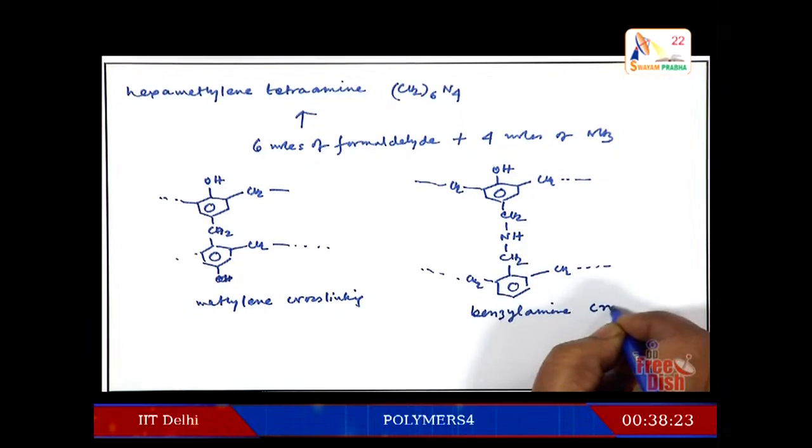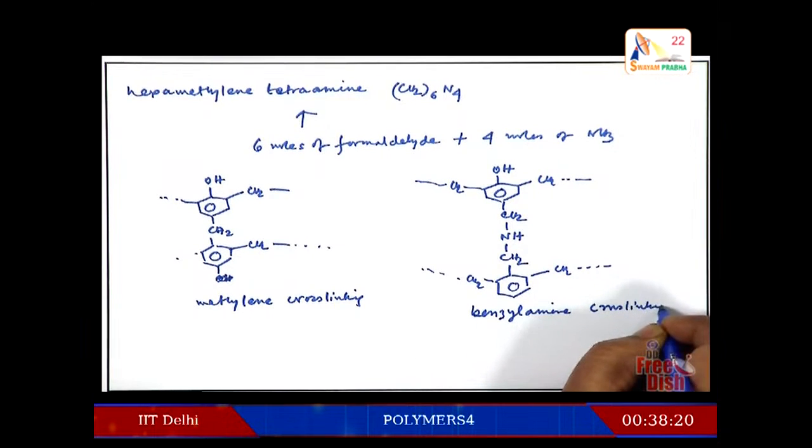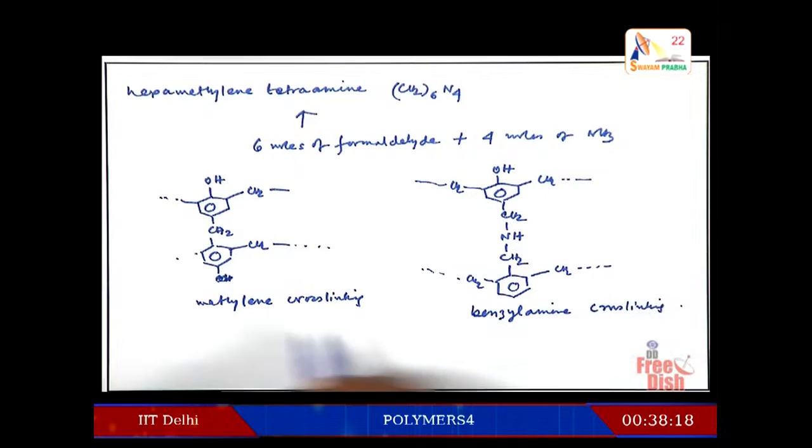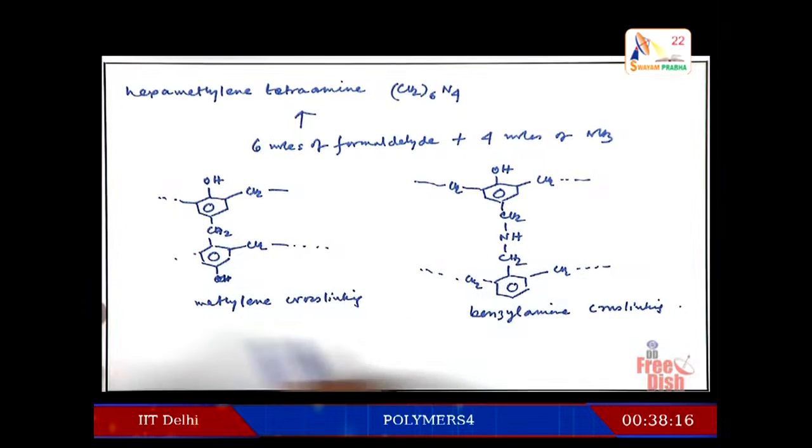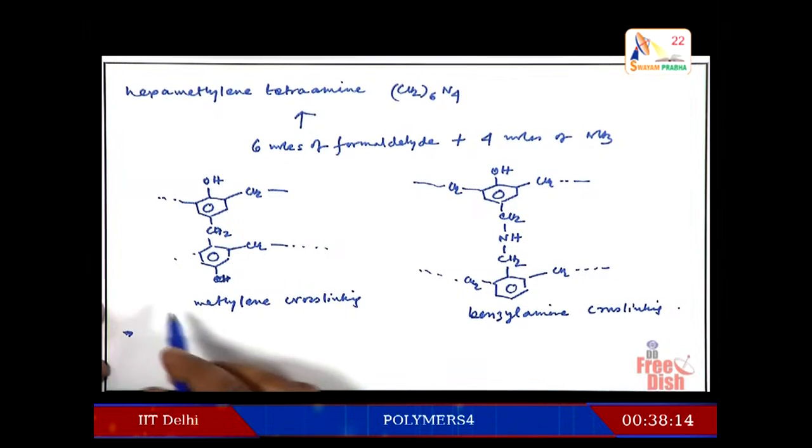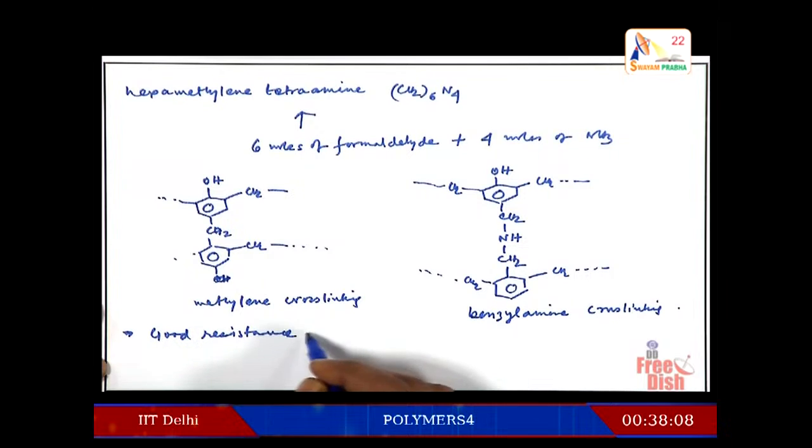Benzene amine cross linking. Now, these products, as you can see, this is a cross link product and infusible product. So, they will be having good resistance to impact,